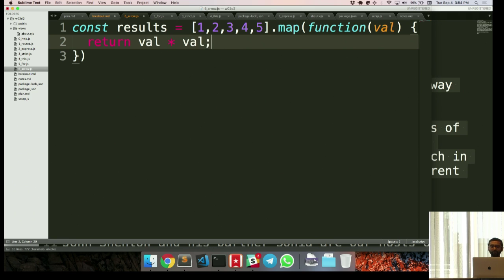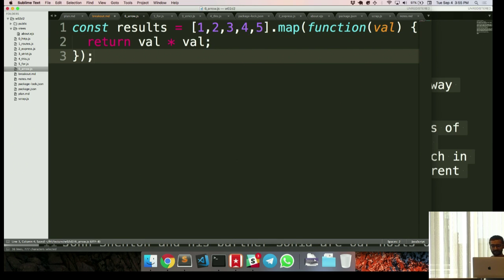Let's say I want to loop through that array and create a new array of new values. Each value is basically the square of the value that's already in there. So I'm going to multiply each item as I go through the array by itself, and then I'm going to have a new array that represents those squared values. Right? So this is the map function, which allows me to do that, so that I don't have to do each and keep a separate array and whatever. We're not here to talk about map, but we're using it in this example.